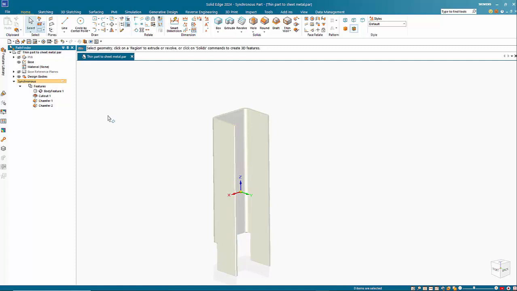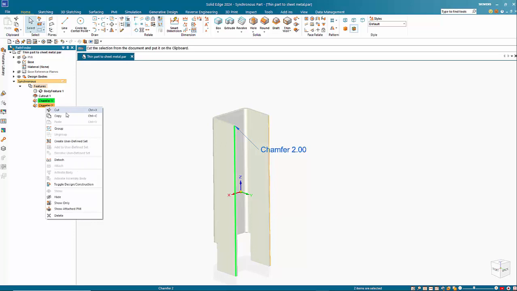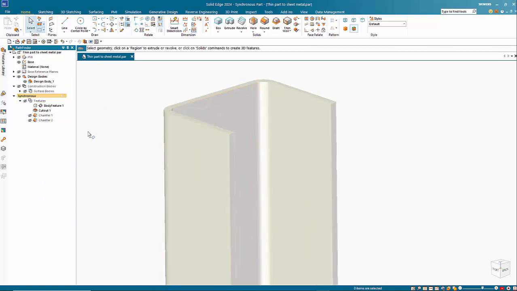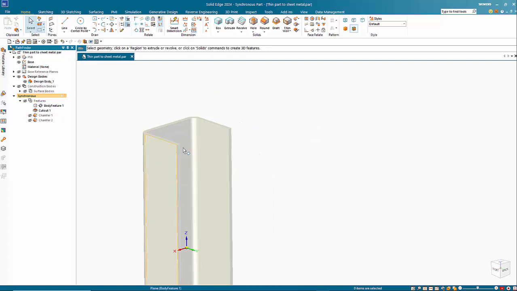Still hasn't given us an option to fix this up, but what we can do is select both of these, right mouse click and go detach, that removes them from the model. They are still there as a sort of a surface feature, and we can now go back to our